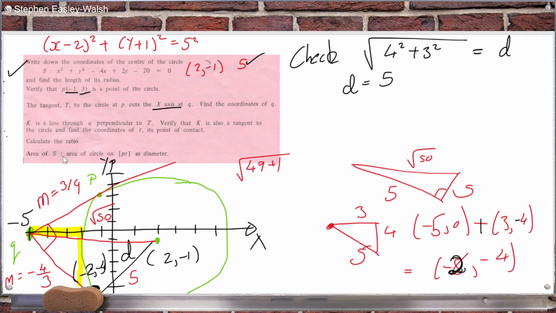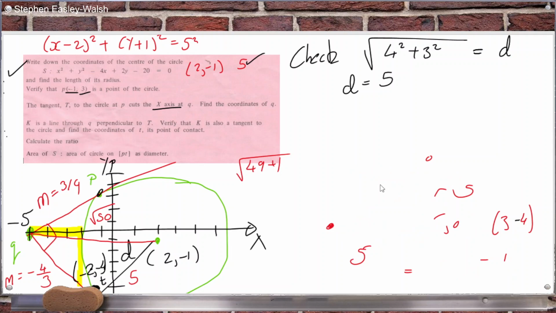Calculate the ratio of the area of S and the area of the circle on PT with PT as the diameter. And T is here. So PT is the... okay. All right, this is quite a long question. PT is the diameter, so we'll get the